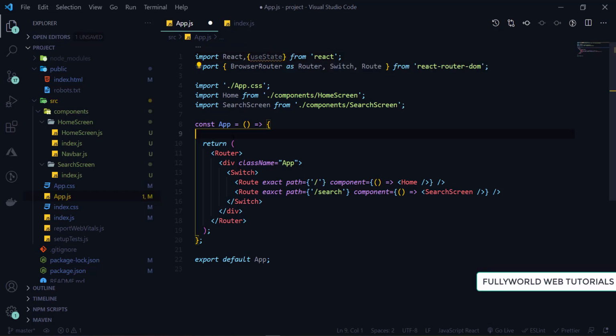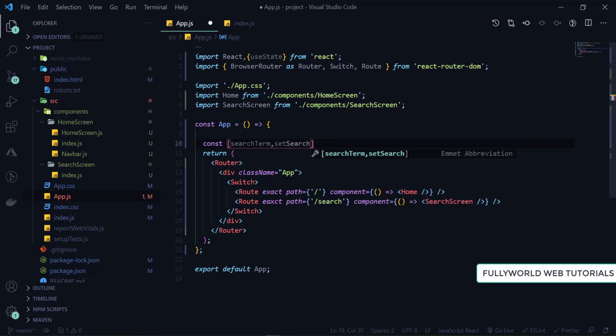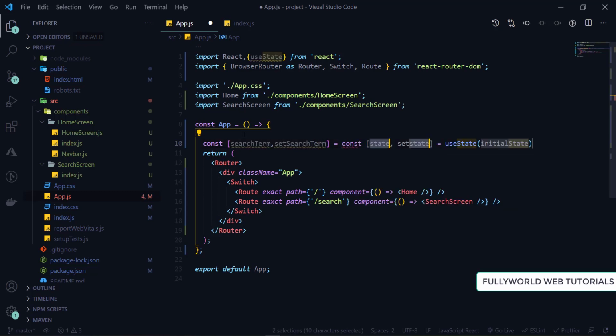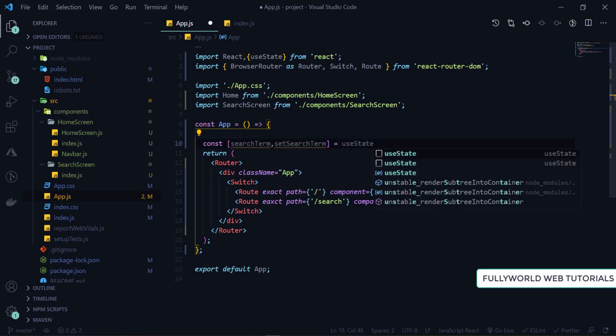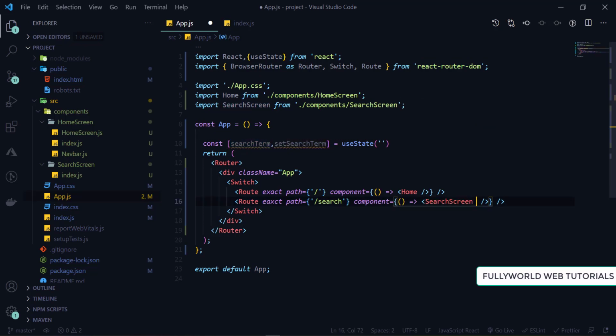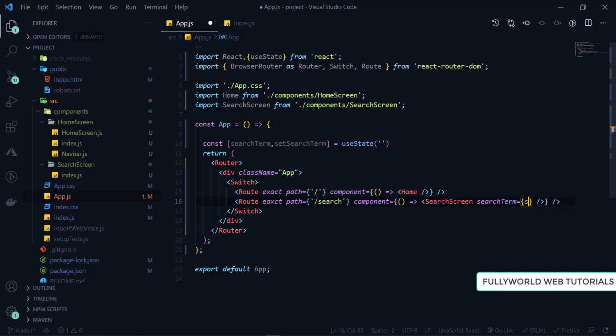So here I'm going to write one state, that will be our search term, and here we are going to set the search term, and we are going to use our state here. This search term we are going to pass to our search screen, so that we can check if the search term is present or not.